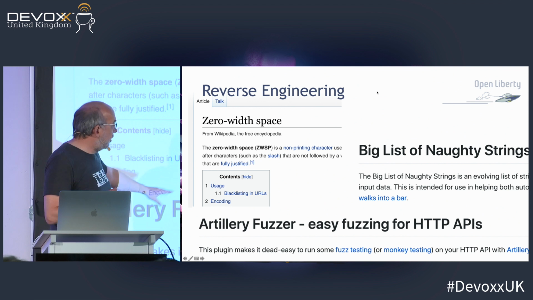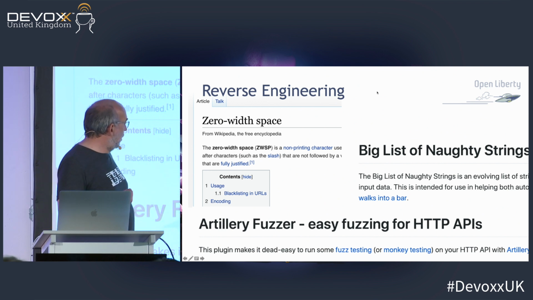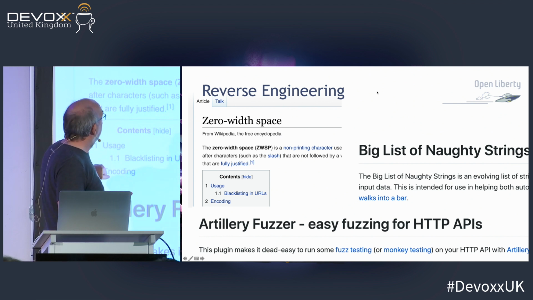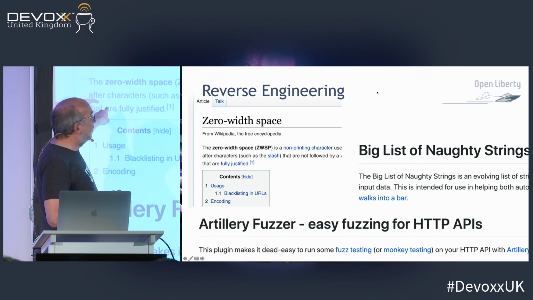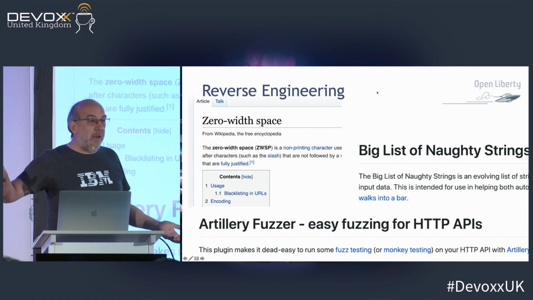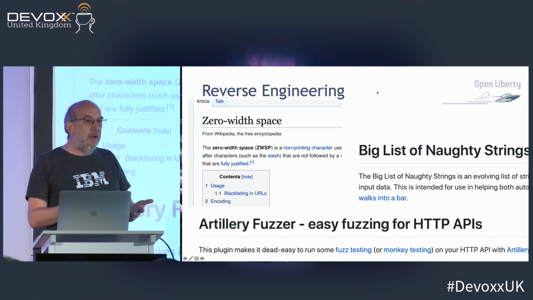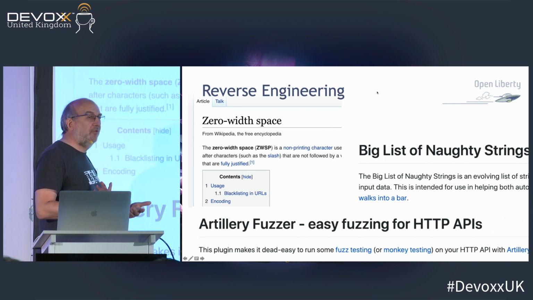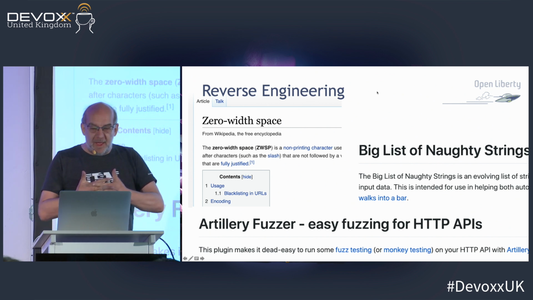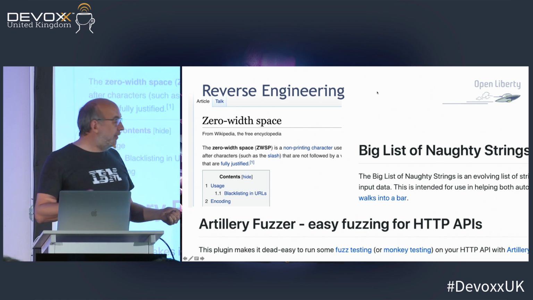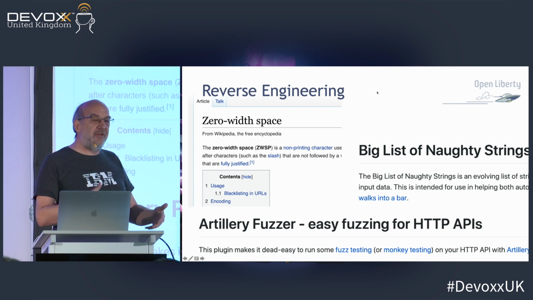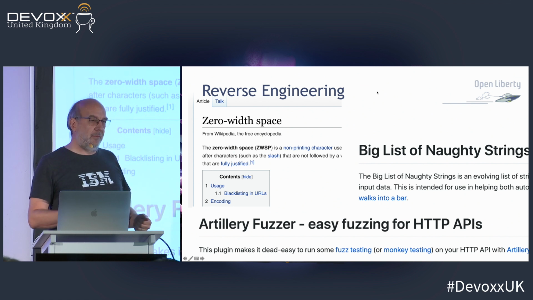So look, Artillery Fuzzer, it's a random tool that you can go buy and use and point at your website, and it will fuzz your data and find ways in. Okay? So things like, do you deal with zero width space in your data? You probably don't even know what it is, but does your code deal with it? Do you understand the side effects that might happen to your system if you have these in there? Right? The Big List of Naughty Strings, best thing ever. It's not really swear words, it's a list of strings that have been shown to have interesting side effects when used on your system. Okay?